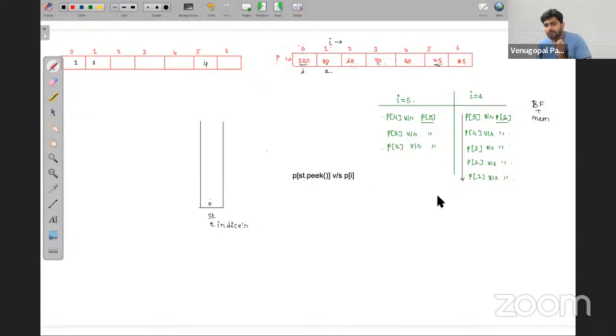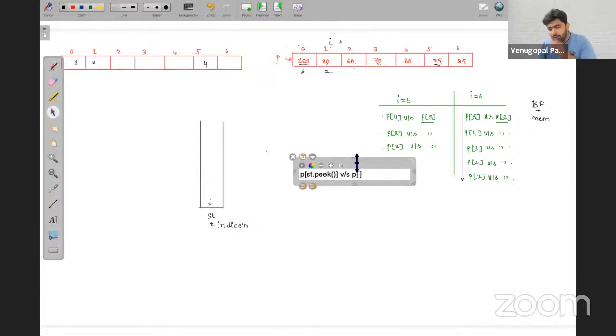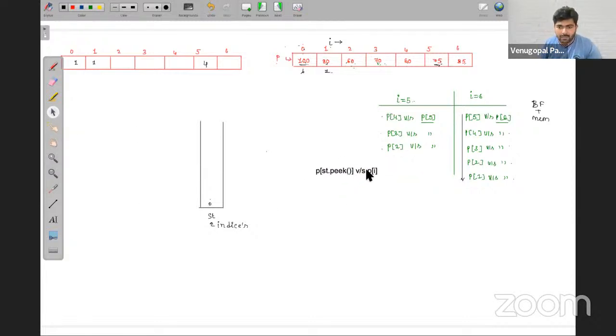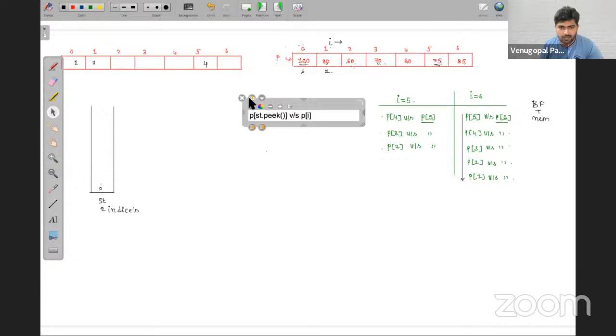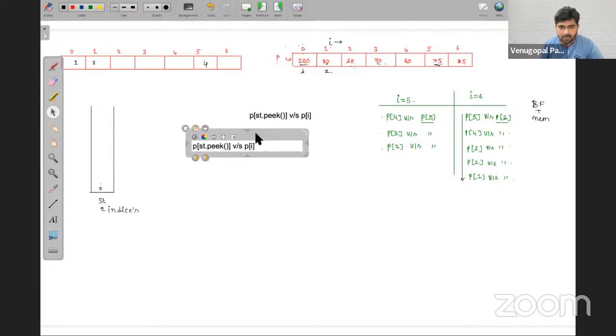Now, since you are comparing these 2 values, 3 cases are possible, friends. What are the 3 cases? Let me write it here.